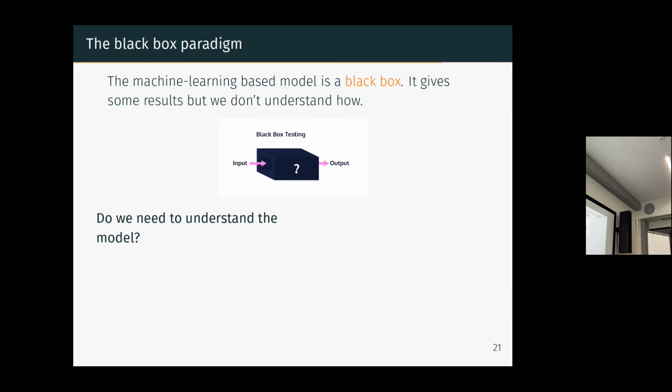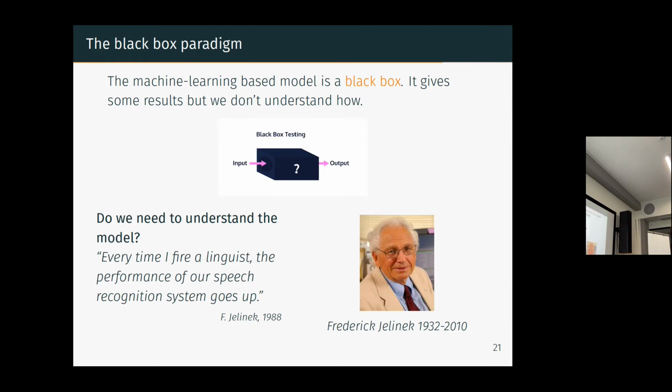And this is actually a very famous phrase, which is quite old already, from a scientist called Fred Jelinek. He was working on speech recognition. Speech recognition is when you record the voice saying phrases, words, speaking, and you try to write what it says. Actually, it's doing that now in Teams.